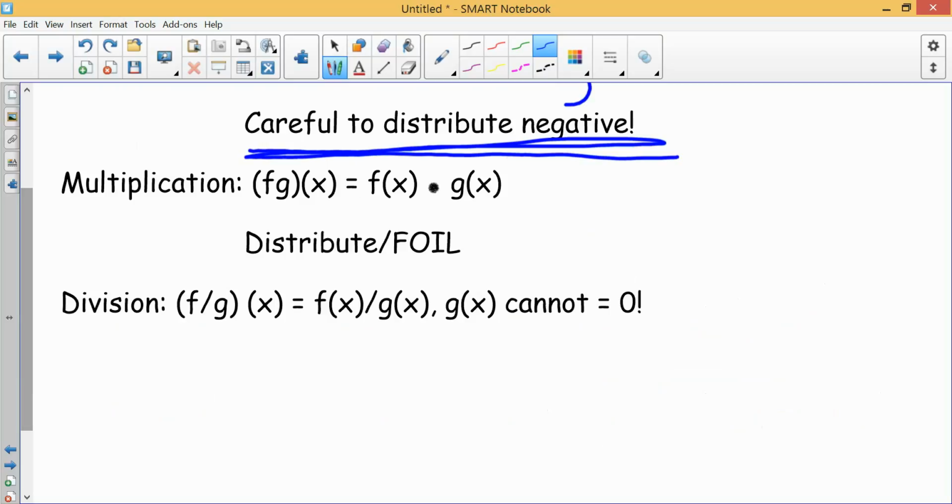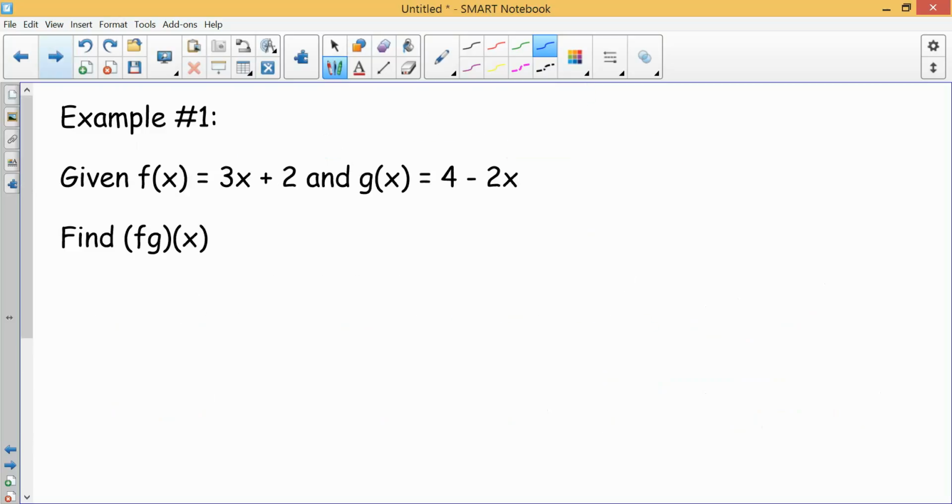Lastly is the division, and the big thing we need to note here is that g of x cannot equal 0. We will put that limit on there because we cannot end up with 0 in our denominator. To take a look at a quick example of this, if I'm given the function f of x is equal to 3x plus 2 and g of x is equal to 4 minus 2x, and I want to find the product of the two of them, which I can see here, all I would do is rewrite this